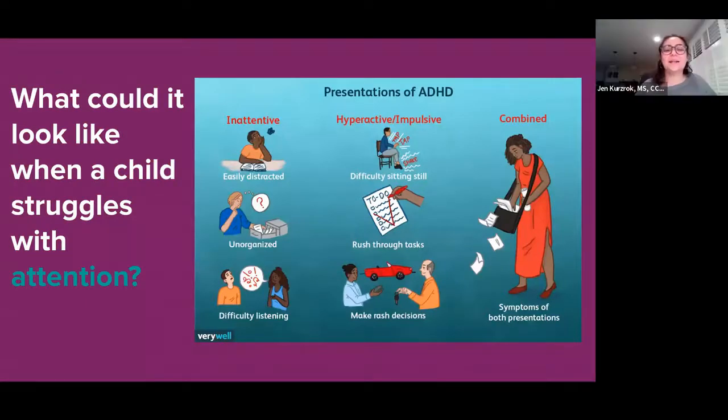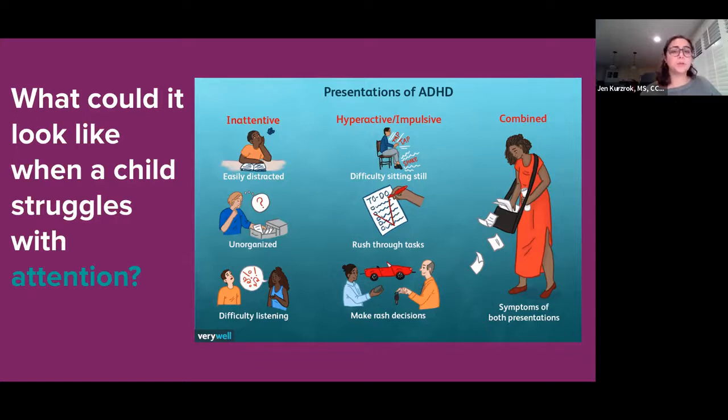So this is kind of just an overview. Attention challenges can look many, many different ways, but this is some of the more traditional things we might see with individuals who struggle with attention. That might look like fidgeting, restlessness, difficulty sitting still. It might be sitting quietly and staring off to the side, or kids who report that they're daydreaming. Or it might be the students who very consistently ask, "Wait, what?" after they've heard a direction, because they haven't quite attended to it.